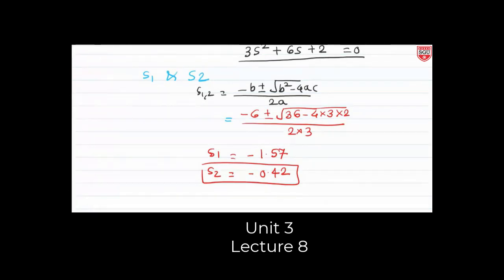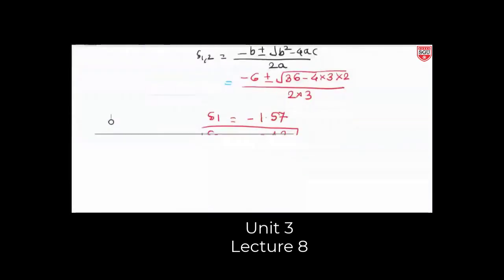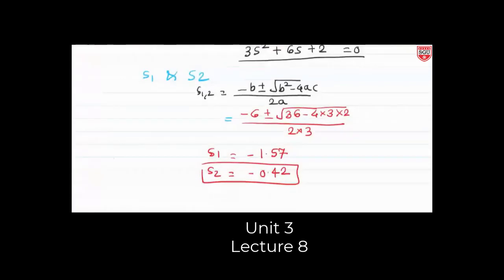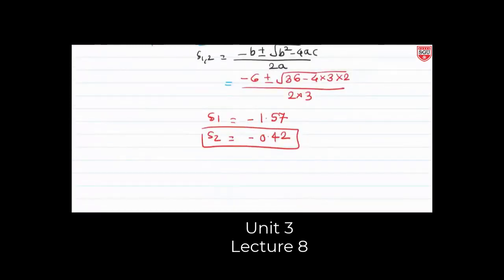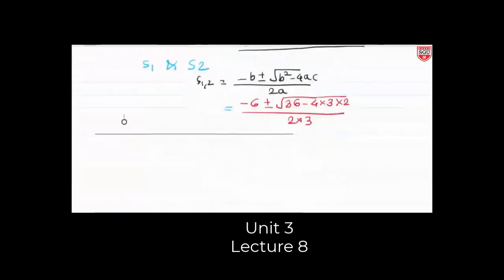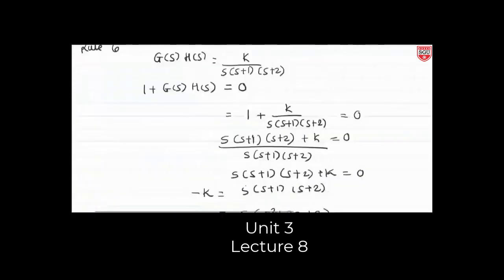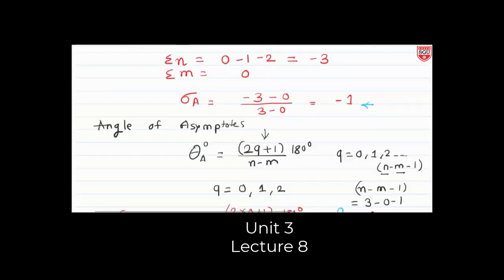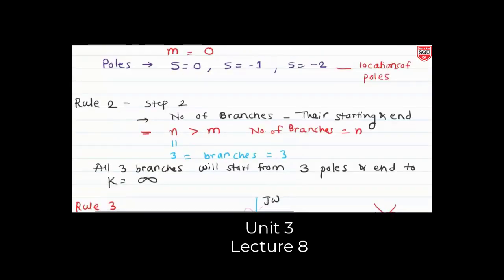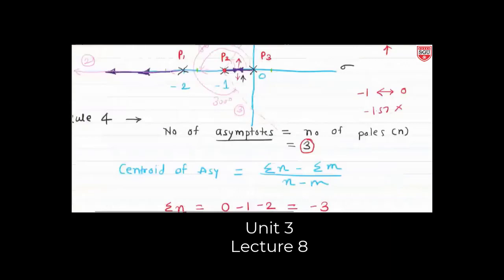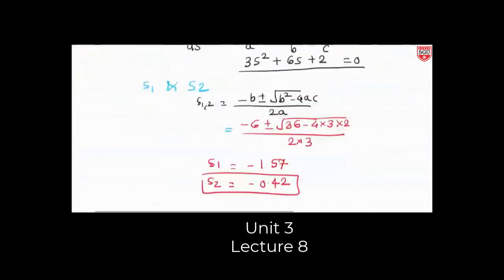In the next step, what we have to do, we have to find out angle of departure and angle of arrival. And that thing is only applicable when roots are present in the imaginary plane. Is there any pole available in the imaginary plane? Is there any pole of ours in the imaginary plane? What kind of poles are all three of our poles? They are real poles. These all three poles are real poles. So the rule number 7 we will not apply for today's example. Tomorrow we will see that.